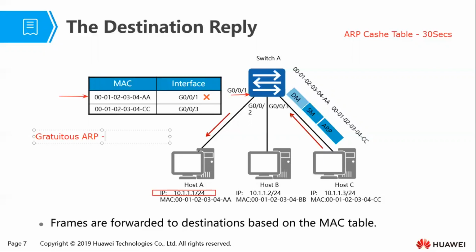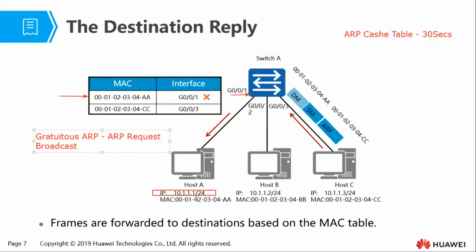So we know that the gratuitous ARP is actually simply an ARP request, which is a broadcast. So anytime you send the ARP request, which is a broadcast, then the new entry will be added on the MAC address table. So for example, here